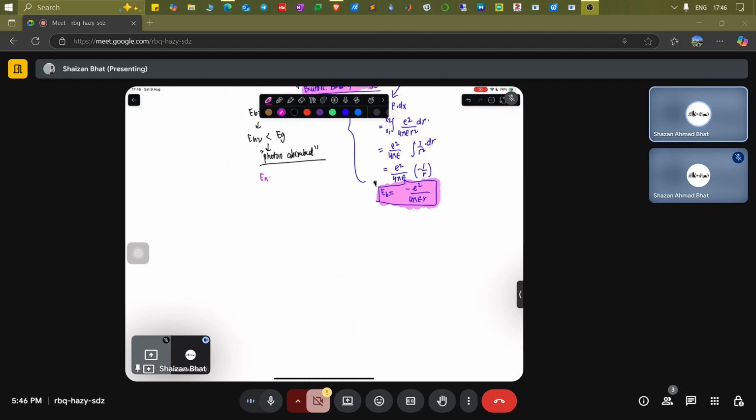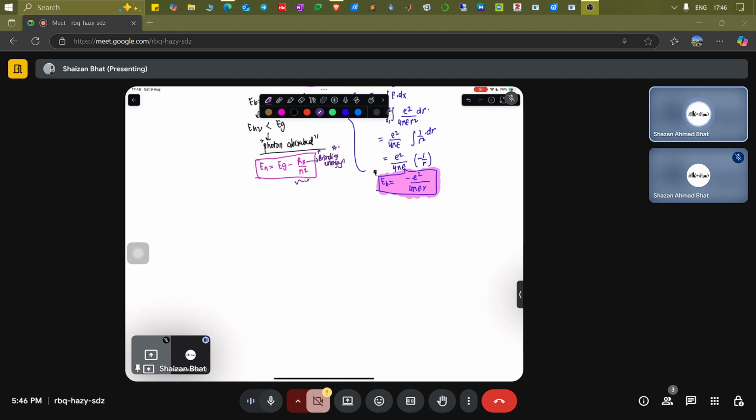That means the overall energy is basically the band gap energy minus Rx over some n square. This is just like a hydrogen atom type problem, and Rx here is the binding energy. It's almost like the hydrogen atom, wherein you have different energy levels and you write it as minus 13.6 eV divided by n square, where n equals 1, 2, and so on for the hydrogen atom problem. So this is the relation between these.